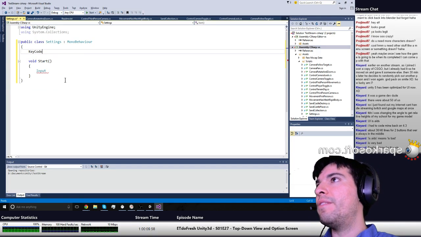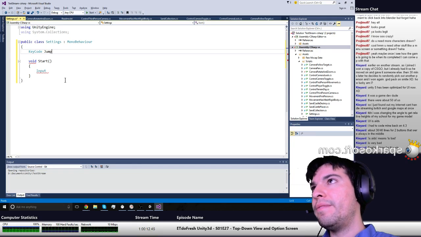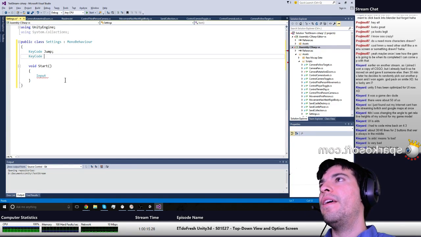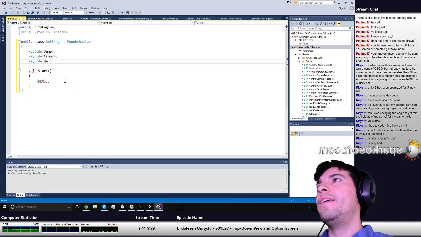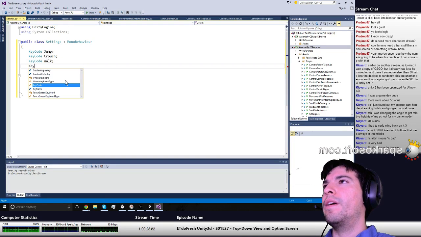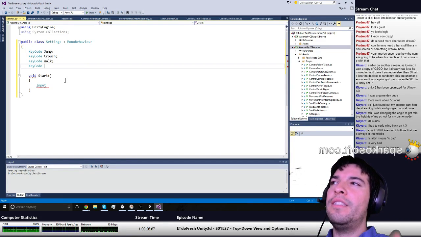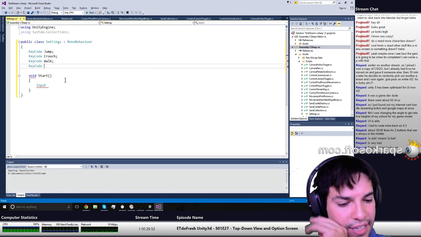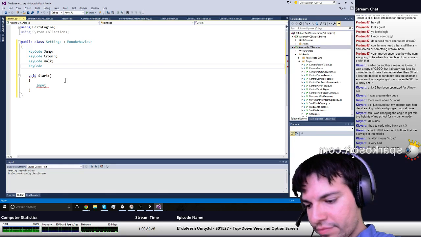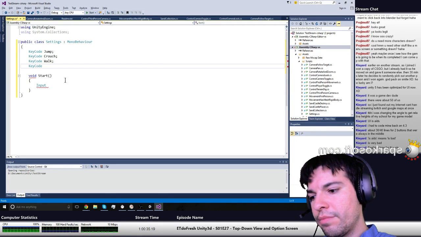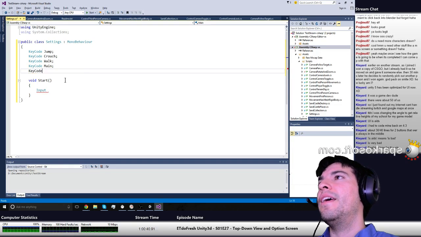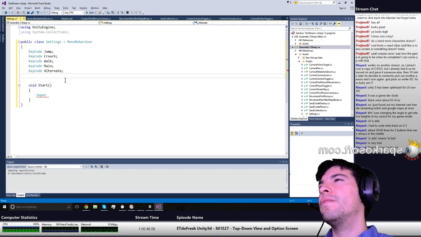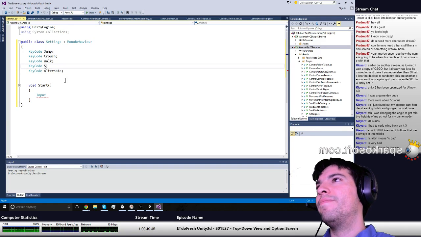Alright, just for now, not even worrying about public or not public, we're going to have a jump key. We're going to have a crouch key. Ooh, I got to fix that. We're going to have a walk key. We're going to have a jump key, a crouch key, a walk key, I'm just going to call main action key, an alternate, you know what, I think select,